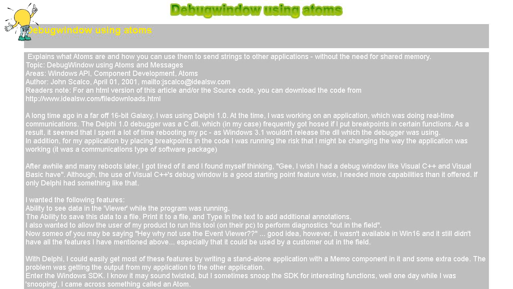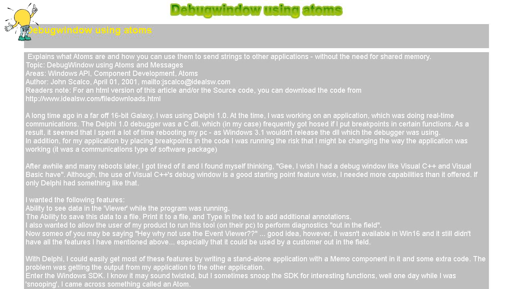Procedure DebugMessage(aMessage: string); var szMessage: array[0..255] of char; atom: TAtom; begin // add an atom to the list of global atoms, available from any application. atom := GlobalAddAtom(StrPCopy(szMessage, aMessage));